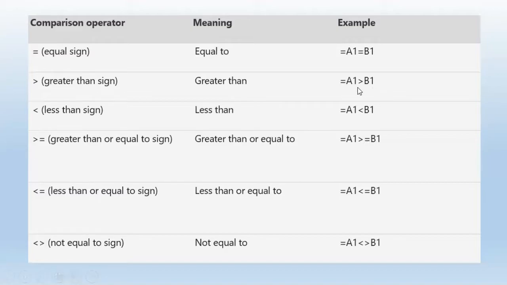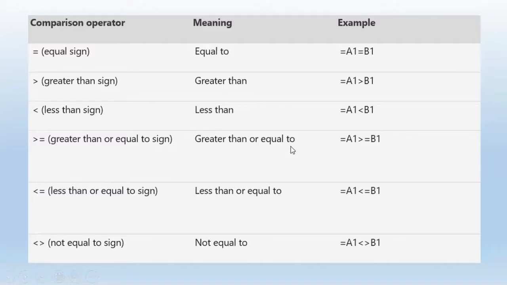Sometimes we require the greater than sign in a formula, and this is very similar to mathematics. The mouth is open on one side, so we can say that this is the greater value, and the mouth is closed on the other side, so we call that the smaller value. So this is the greater than sign. Then this one is the opposite of the greater than sign, the less than sign. The mouth is open on this side, so this value is greater and this value is smaller. So A1 is smaller than B1.